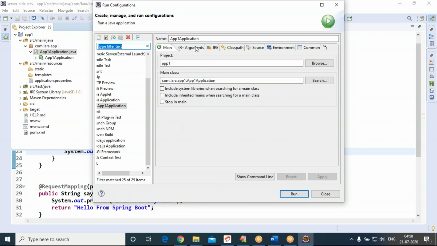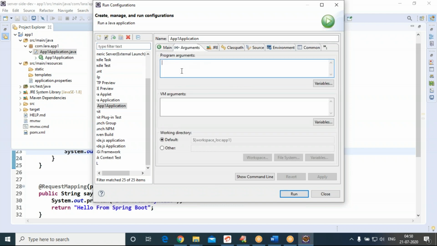Now you can see Arguments. Program arguments are nothing but command line arguments. You can supply any number of command line arguments. Hello space 123 space ABC space XYZ. By using space as a separator, we can supply any number of command line arguments.